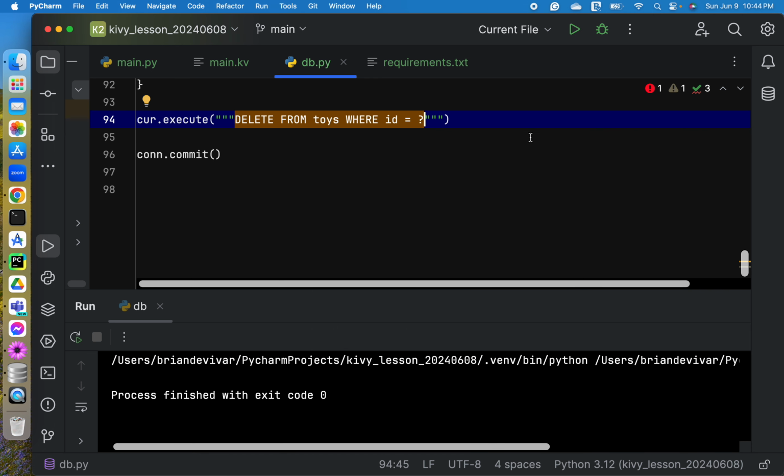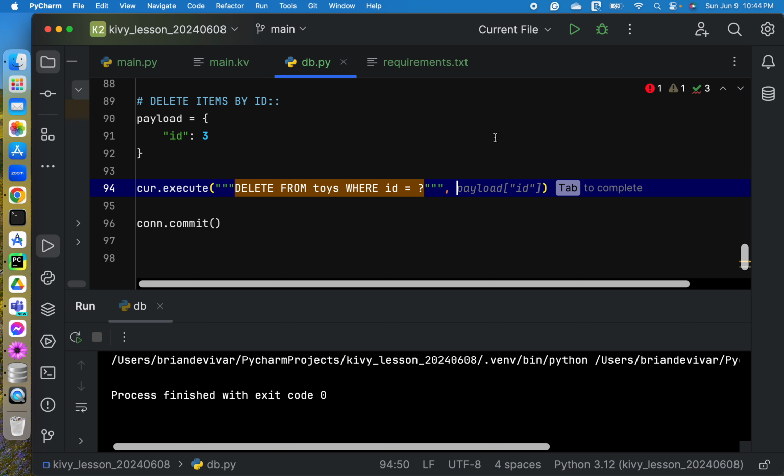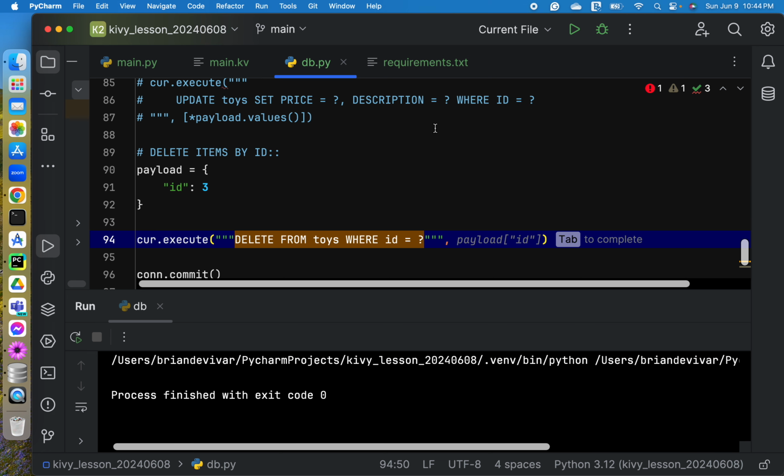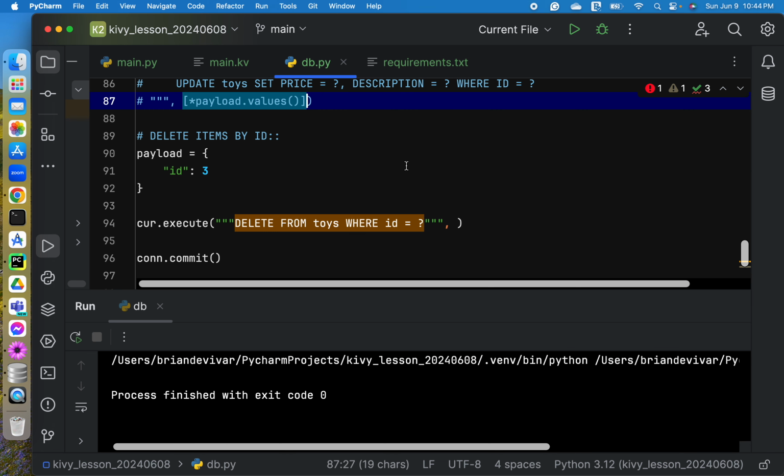So we are using again the substitution method, and then we are using again the payload. So better to copy.